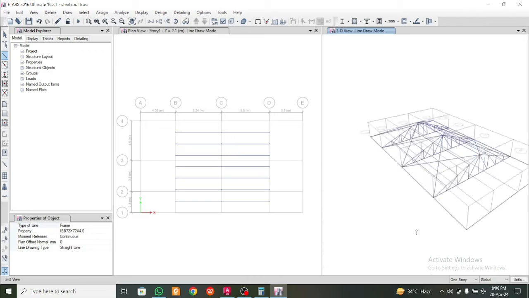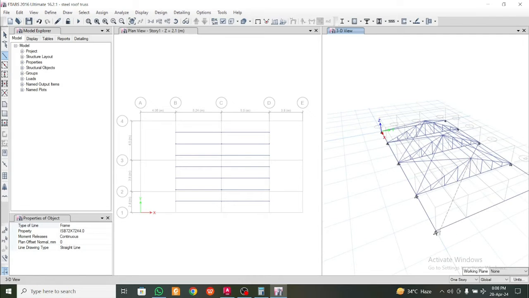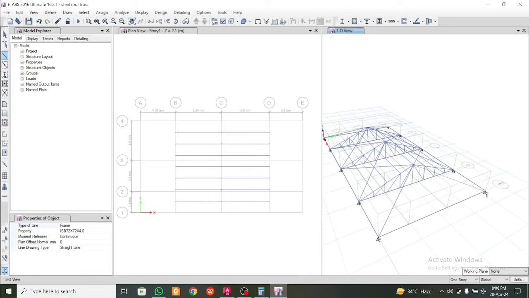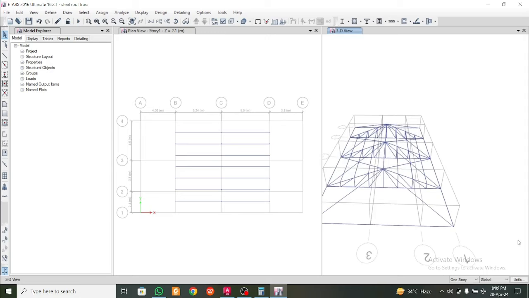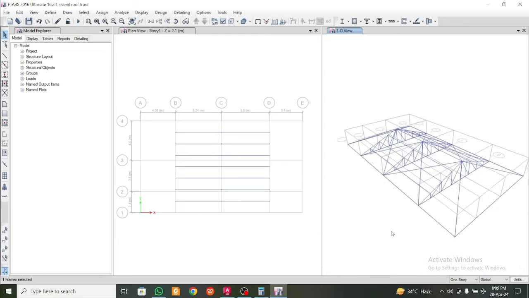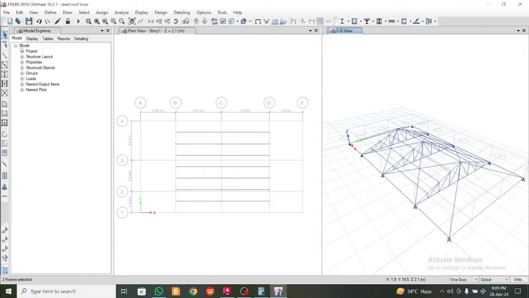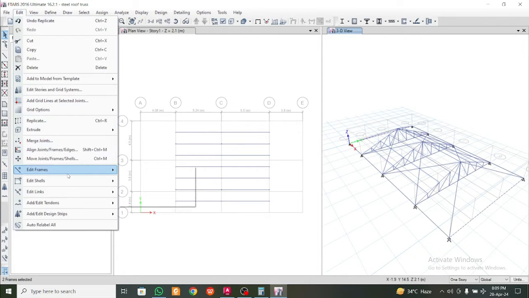This is where the sloping roof will meet. So you want to divide these two frames, select these two, go to edit and go to edit frames,